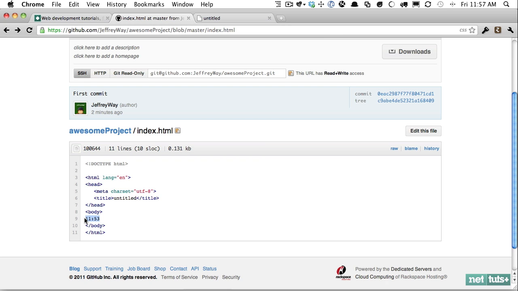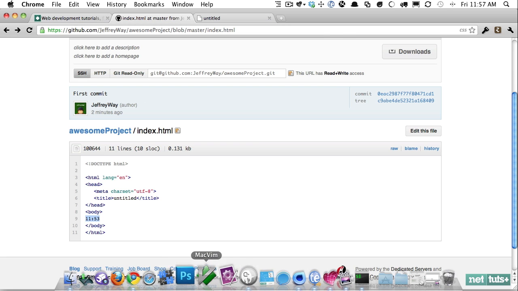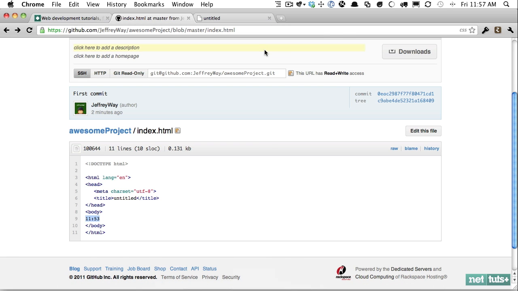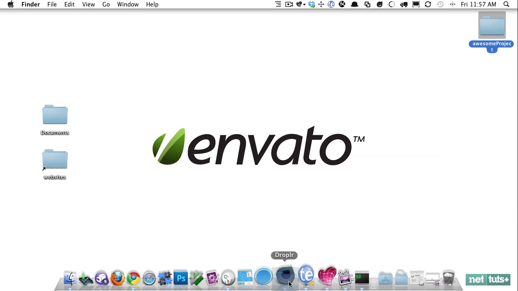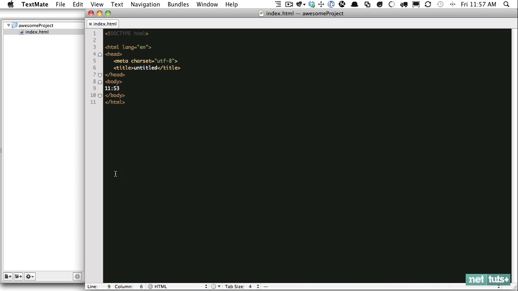But then we have that additional step again where we push it to GitHub, then maybe we would have to log back into our server with SSH and copy those files over, and then do another git pull. That's one way to do it, and why don't we do it manually? We'll add a couple extra steps in here, but I think it's important if you've never done this before to see how it works. I'm going to update the time to